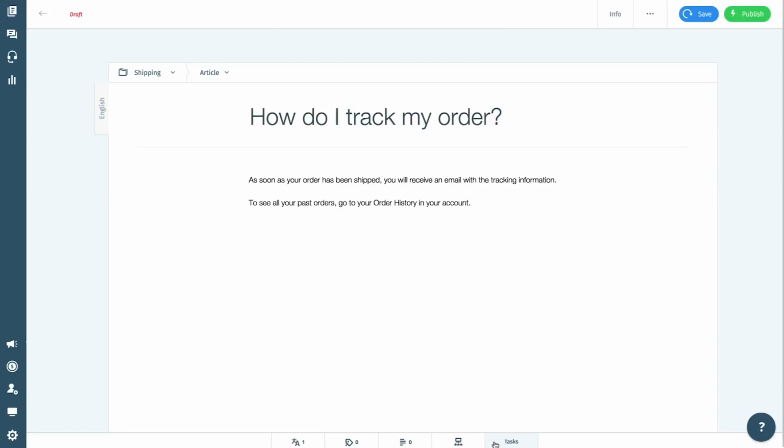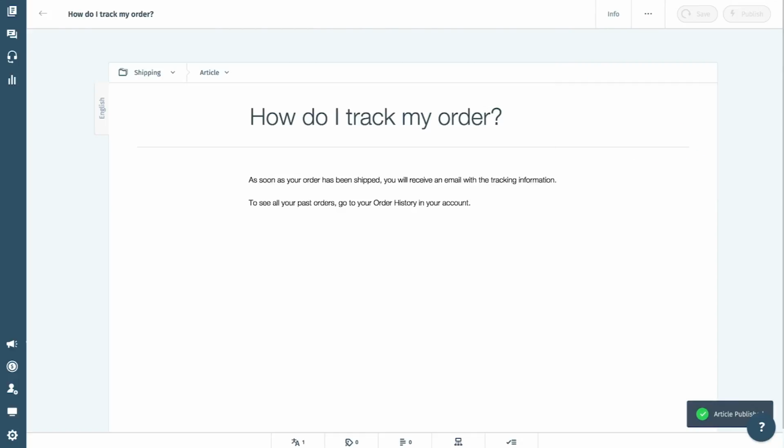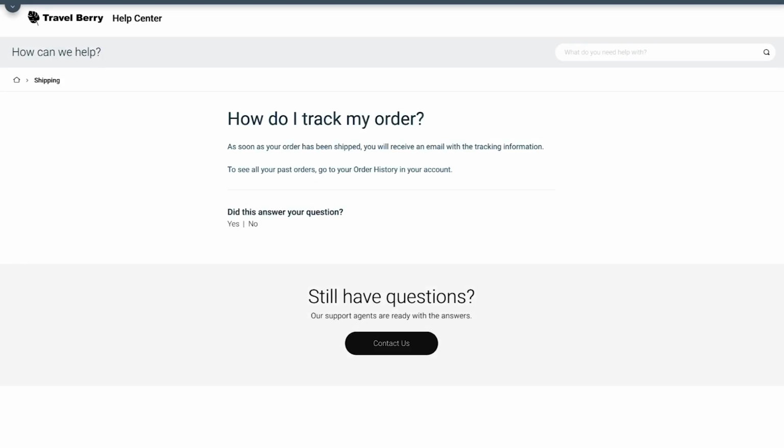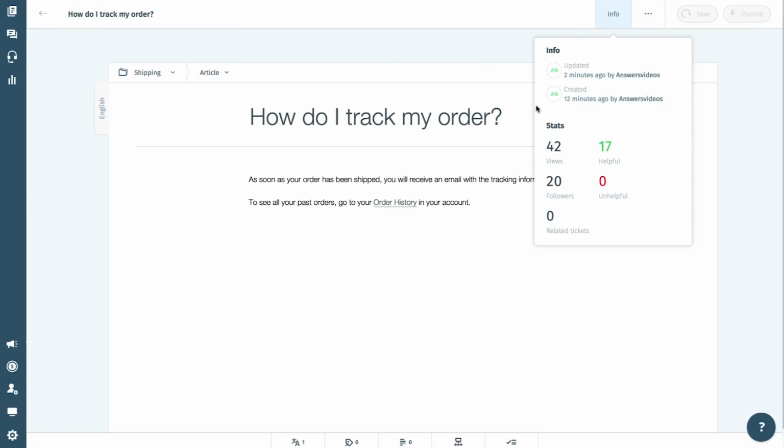and assign tasks to an agent. When you're ready, save the article as a draft or publish to make it live on your Help Center. You can also click to notify followers about this new article. To see how your article looks in your Help Center, click the 3 dots and select View Live. Click on Info here to see important stats like views, followers, related tickets, and whether or not people found this